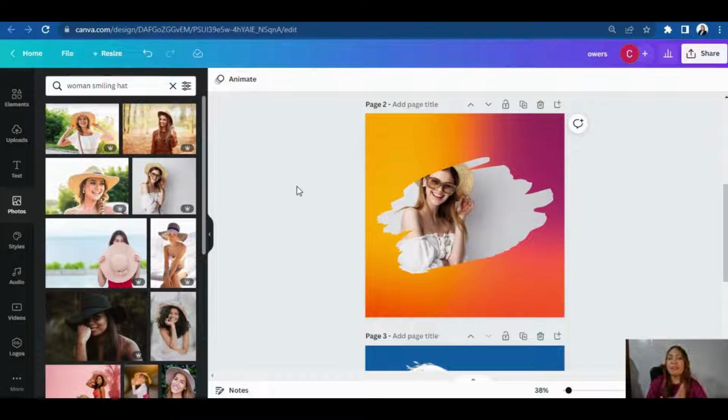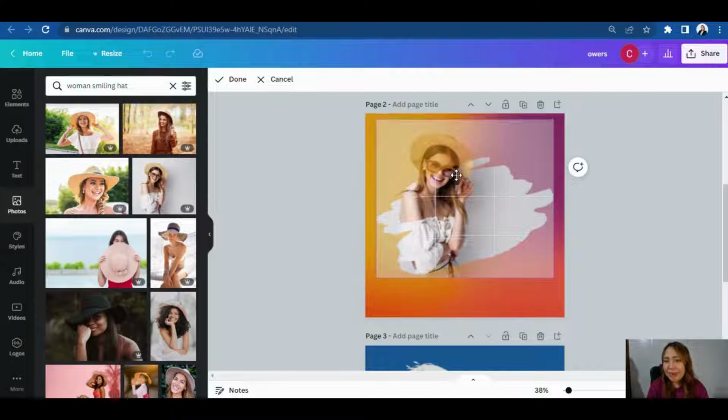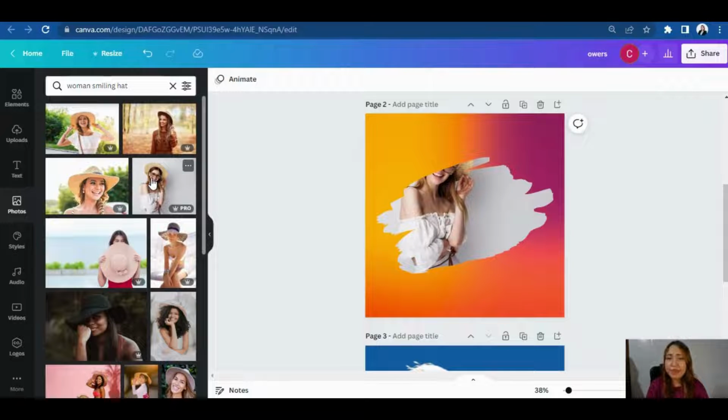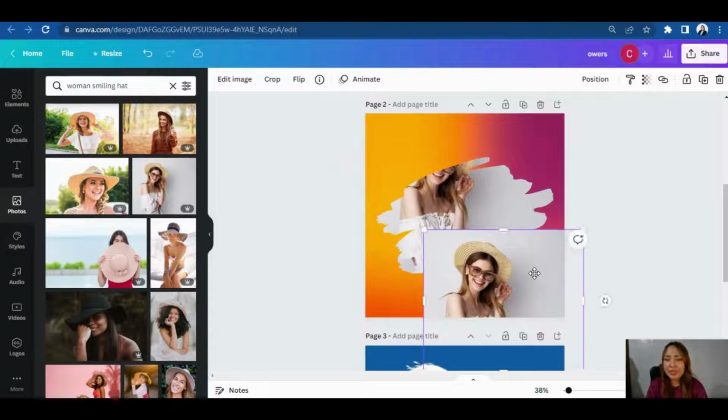Pero yung gusto kong effect, yung lalabas yung ulo niya from this smudge frame. So, double-click nyo lang yung image. Mahaba naman yung image niya. So, ilalabas natin si Ate Girl ng kaunti. Okay? So, yan. See, nakalabas na si Ate Girl. Since we have this photo, kukuha pa tayo ng isang photo niya. Same photo. Tapos, ito naman, we're not going to put it inside the frame, but we're going to delete